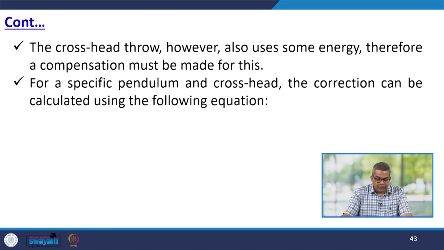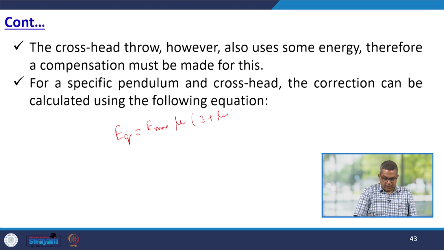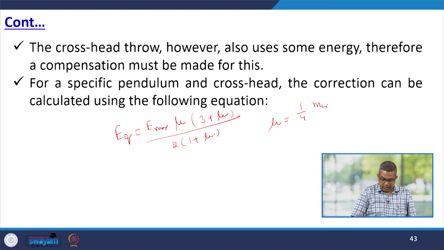The crosshead throw, however, also uses some energy, therefore a compensation must be made for this. For a specific pendulum and a crosshead, the correction can be calculated using this particular equation: E_Q is equal to E_max times mu (3 plus mu) over 2 into (1 plus mu), where mu is equal to 1 over 4 times M_CR over E_max times G T over pi squared into (1 minus cos alpha),